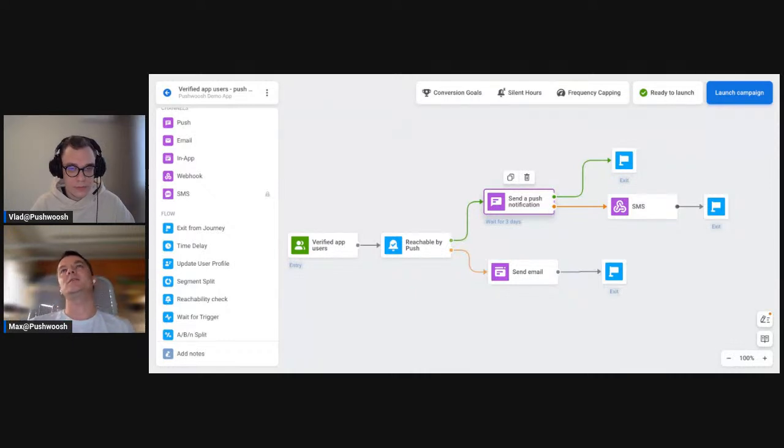Let's say that a user didn't open a push during some specific period of time, let it be 3 days, we can reach those via the SMS. If that is considered acceptable by your communication strategy, we can remove this element or change it to in-app message, email and so on and so forth. So this entire scheme can be altered in a way as it is required for your business needs. So those users who are not reachable by push, we can send those an email with the same offer or any other type of information that you would like to pass them.